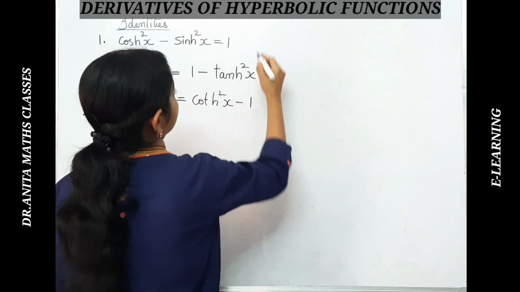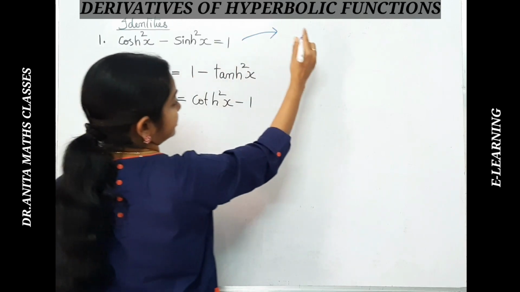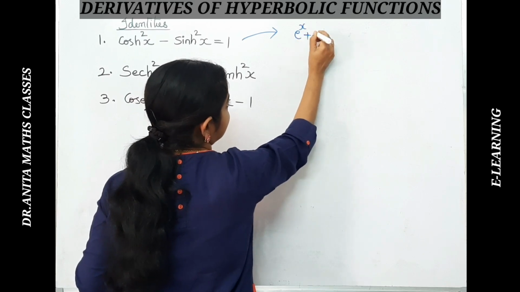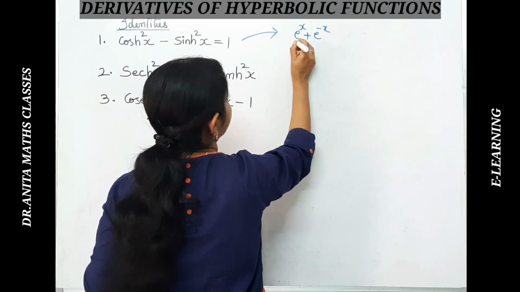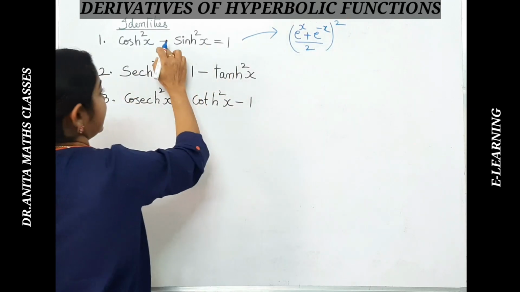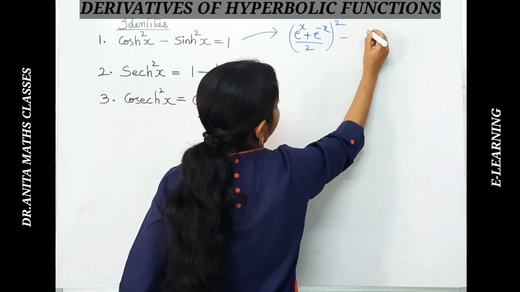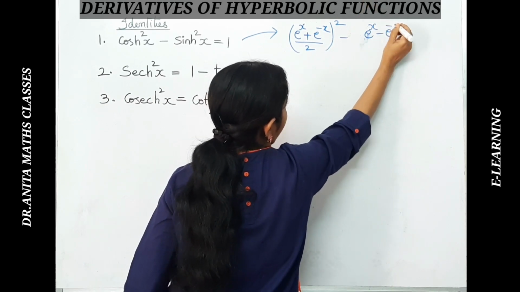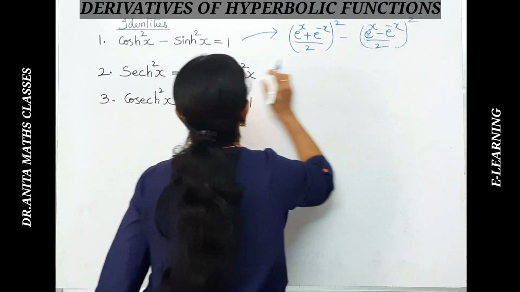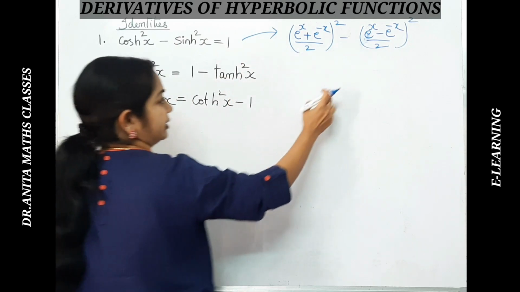As we know, when we are deriving this, cosh squared of x is nothing but ((e raised to the power of x plus e to the power of minus x) by 2) whole square, minus sinh squared, that is ((e raised to the power of x minus e raised to minus x) by 2) whole square. So I am taking the LHS part of this identity. Let us prove it to be 1 here.